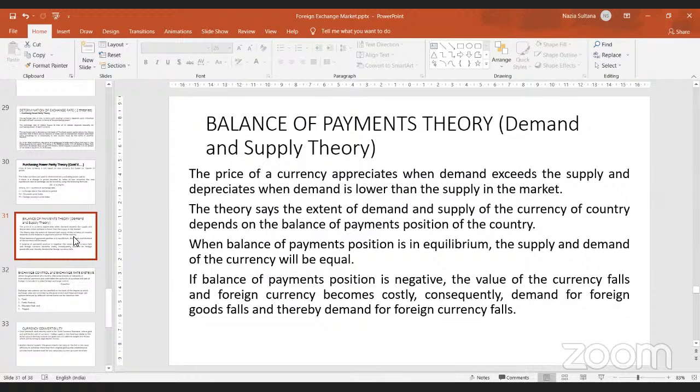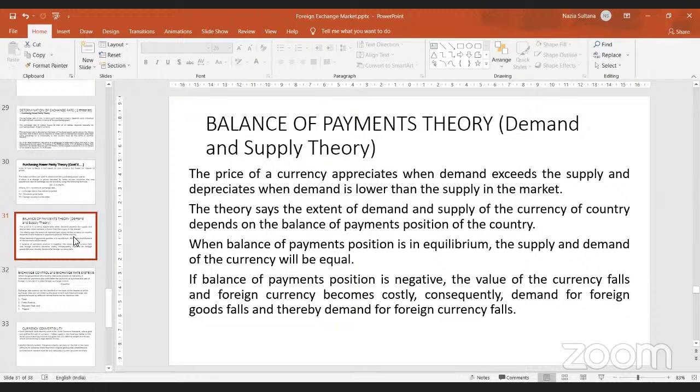So if your balance of payment is negative, that means you have a deficit. Payments are more than receipts. Then the value of your currency will fall compared to the foreign currency. That is exactly what is happening with India. India has more payments to make in terms of foreign currency compared to the receipts it receives. Because payments are more in terms of foreign currency, there is a deficit. Because of that deficit, the value of the Indian rupee is low in the international market.